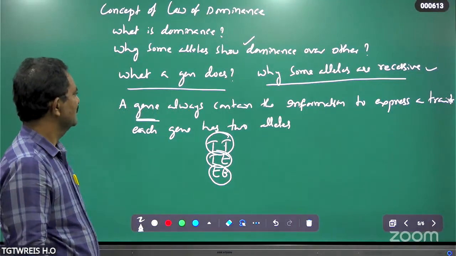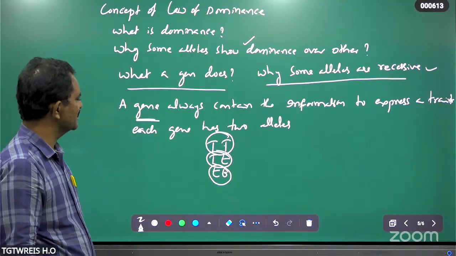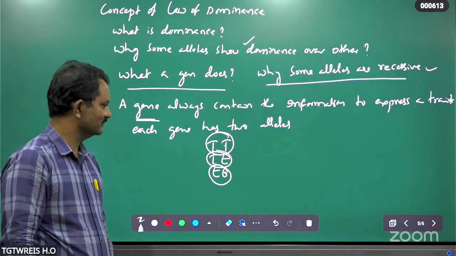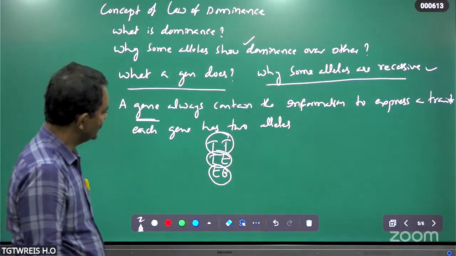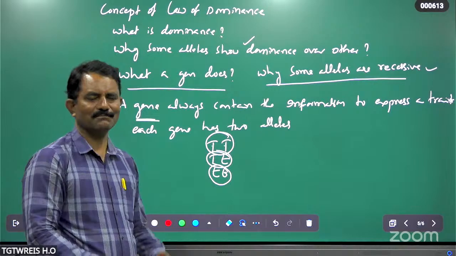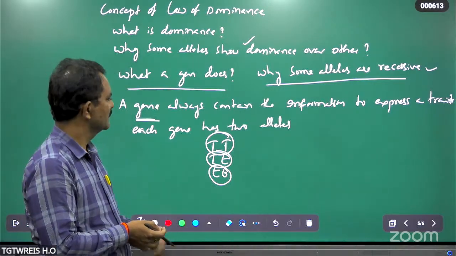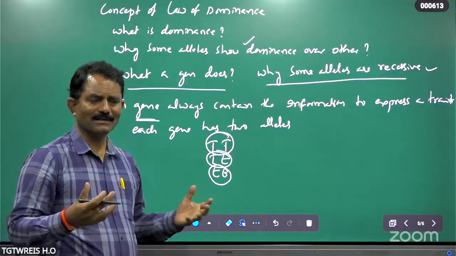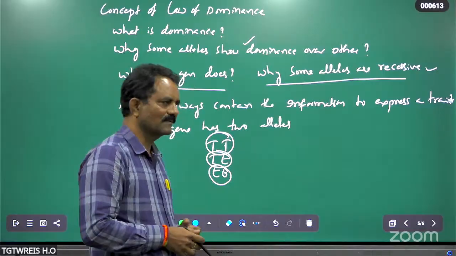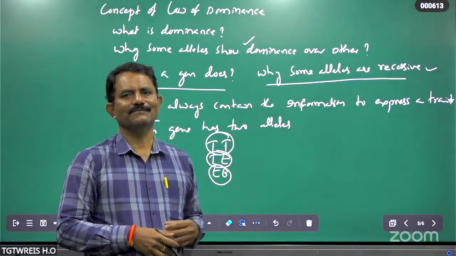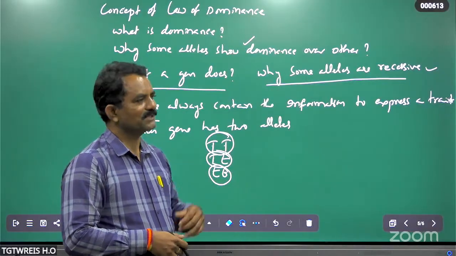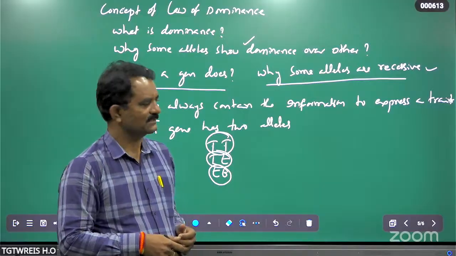Then we have a question: what does a gene do? A gene always contains the information to express itself. Each gene has two alleles, because we are diploid. One is the modified allele, another the unmodified allele. Modified allele is responsible for the production of a phenotype, but modified allele sometimes may express, sometimes may not express, because